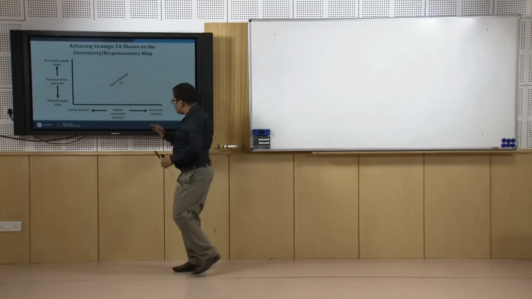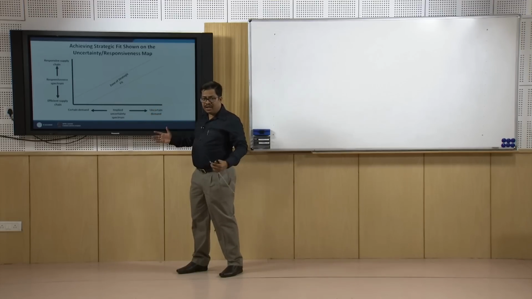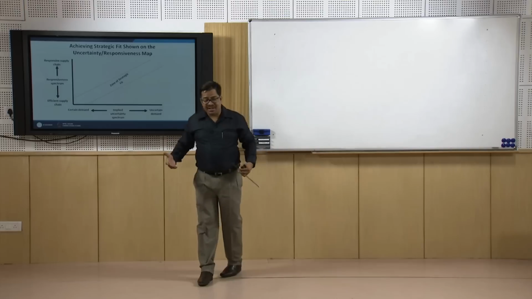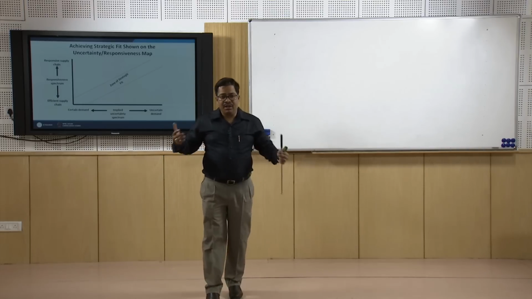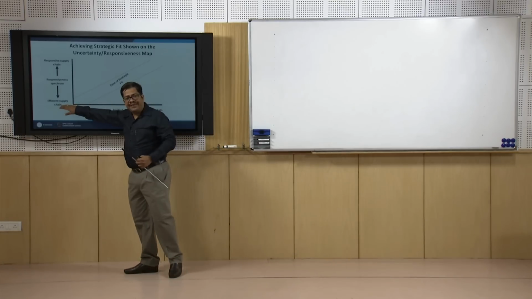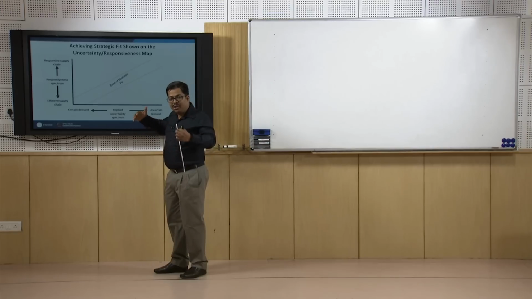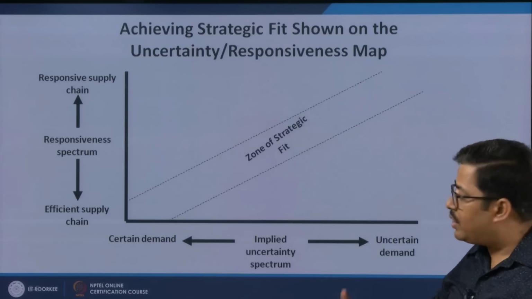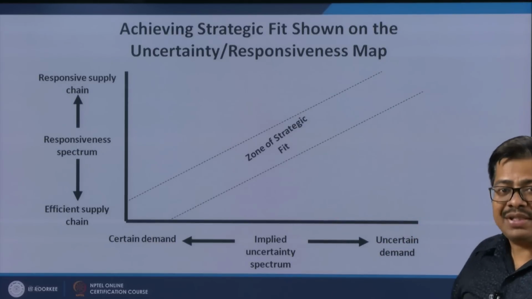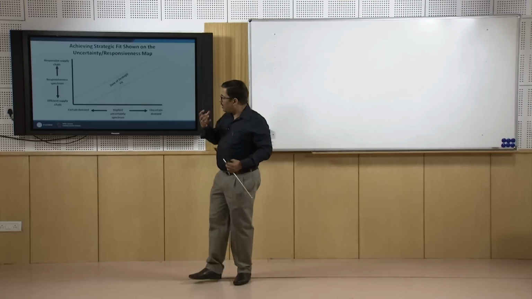In case of uncertain demand, you are having huge uncertainty in your supply chain because of maybe more innovations, because of quantities, because of varieties, etc. But the capabilities are towards the efficiency side. This is purely a mismatch, and you are not going to achieve any strategic advantage of the supply chain. Rather, this type of supply chain arrangement is bound to give you failures. So, it is very important to understand